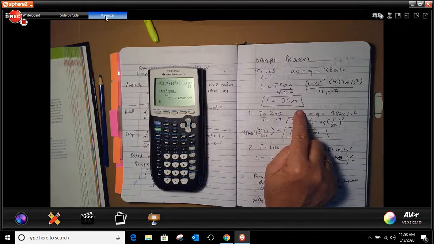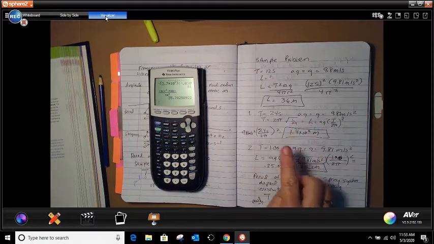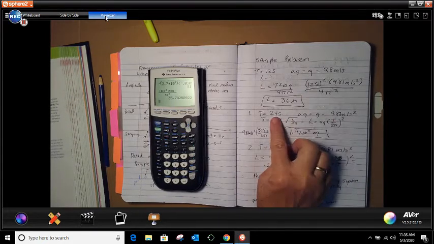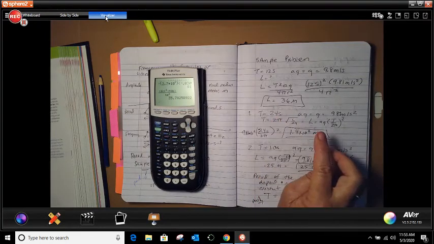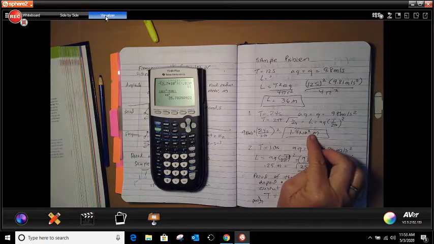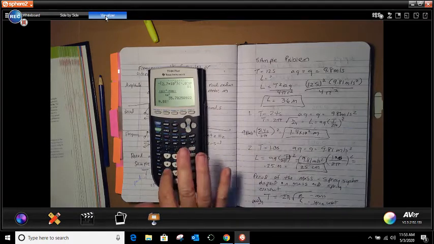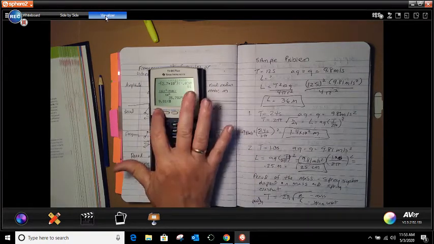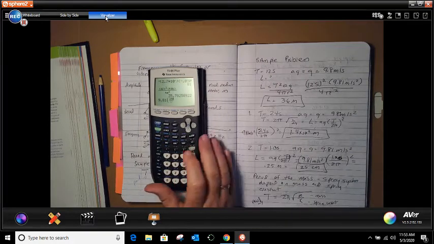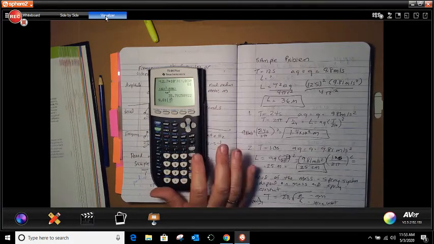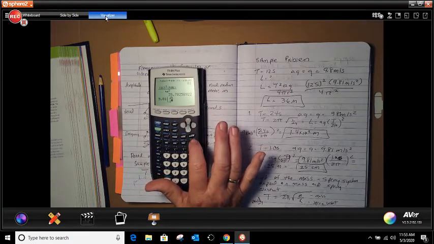So question number 1 says, the period of a pendulum is the same as the sample problem, 24 seconds. How tall would the tower be? So we're basically doing the same thing here, except this time it's 24. The only thing we're doing here is we are also looking for the answer that it's trying to find. So we're going to do this time 9.81, open bracket, alpha y, enter, 24 seconds over 2 pi,